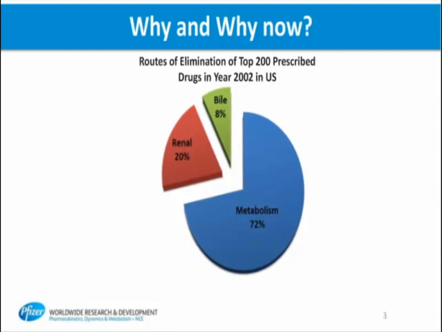The fact that these are the top 200 prescribed molecules is actually an indication that these molecules were discovered and identified in the time of around the 80s and early 1990s. So basically, it's a reflection of an era. And that era was based on looking for compounds that are lipophilic in nature. And because of that,